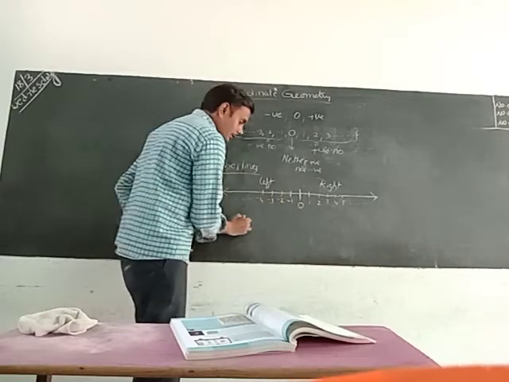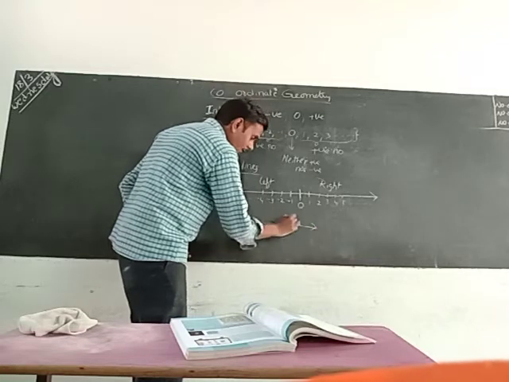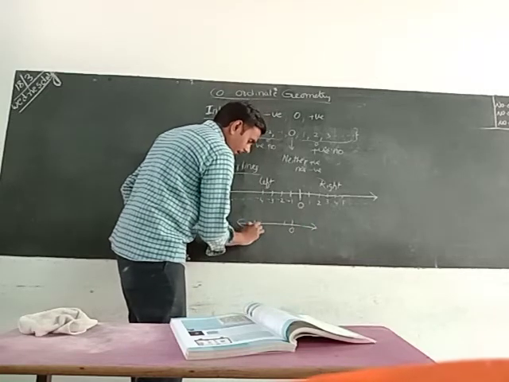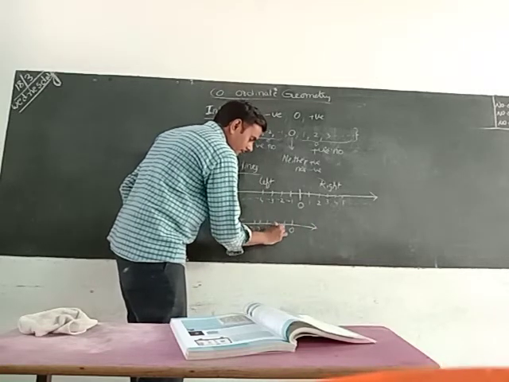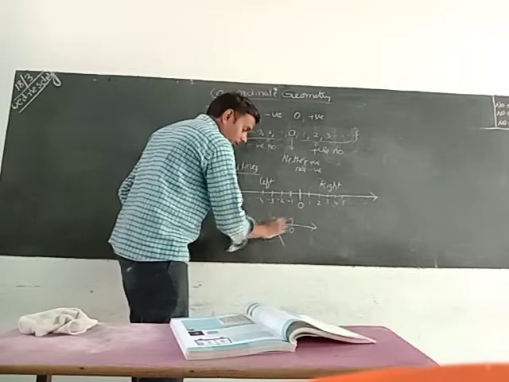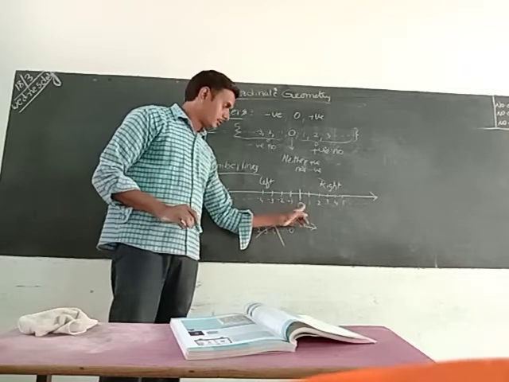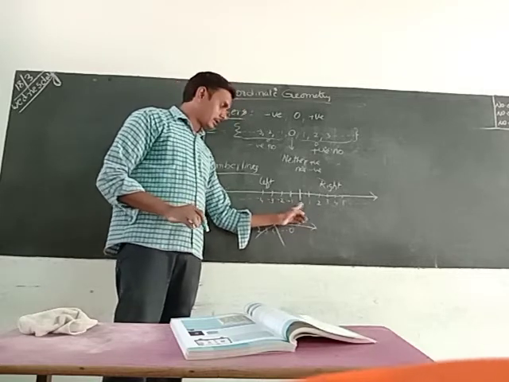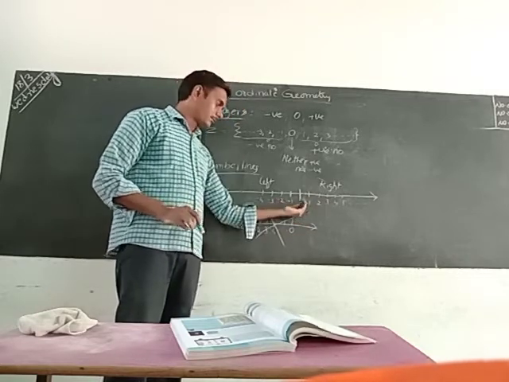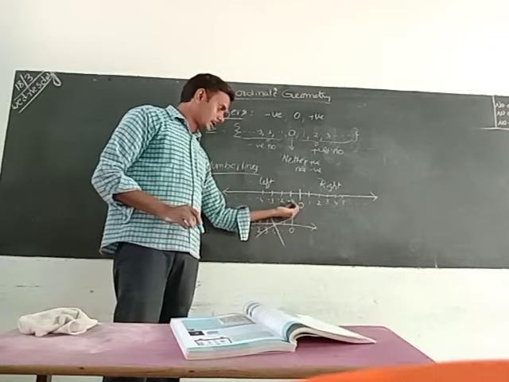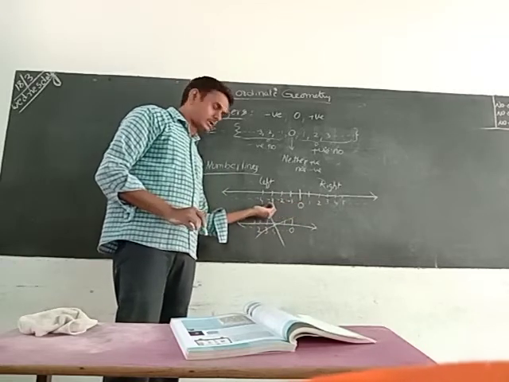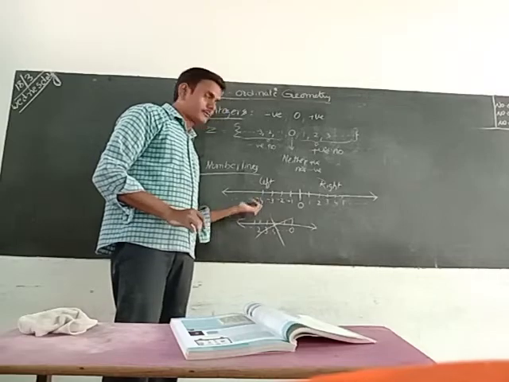Somebody will write like 0, -1, -2, -3, -4 and so on in a different way. This is the wrong notation. Don't write like this. After 0 we will get -1 only, and after 0 on the other side we will get +1 only. On the right side +1, on the left side -1. After -1 comes -2, after -2 comes -3.